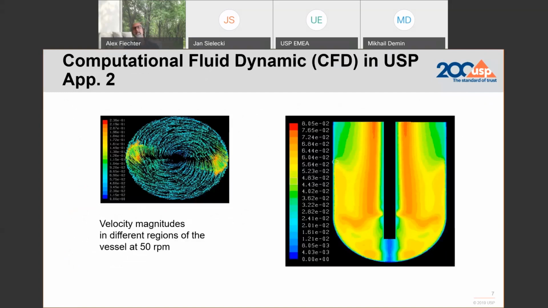I thought it is a good idea for you to show or understand the fluid dynamics that are happening during the test. What you see on the left-hand side is a top-down bird view of the circulation of a typical apparatus 2 stirring blade assembly. You see obviously from the heat map itself that the more colorful it gets, the closer it is to the shaft, the highest in terms of hydrodynamics.